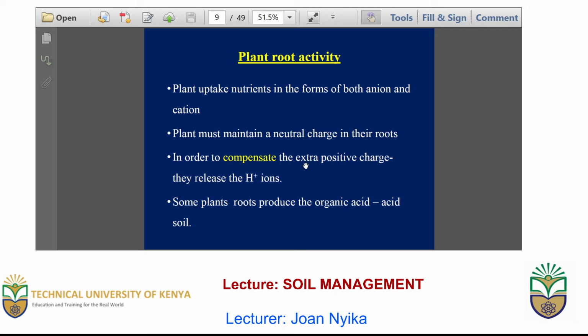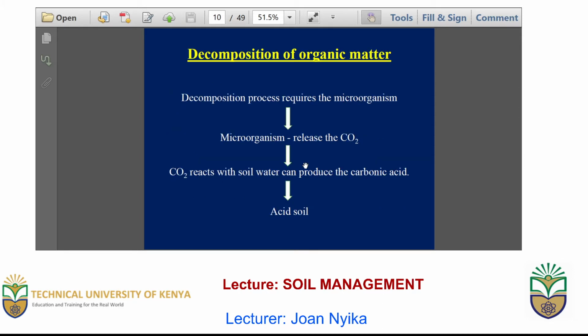The other reason as to why we get acid soils is plant root activity. Usually, some plants will produce organic acids, and once they produce organic acids at the roots, we are supposed to have a balanced pH so that the plant can uptake water. But the production of organic acid increases the rate at which the hydrogen ions are formed compared to the basic cations, and hence acidity. The other reason as to why we could have acidity in the soil is the decomposition